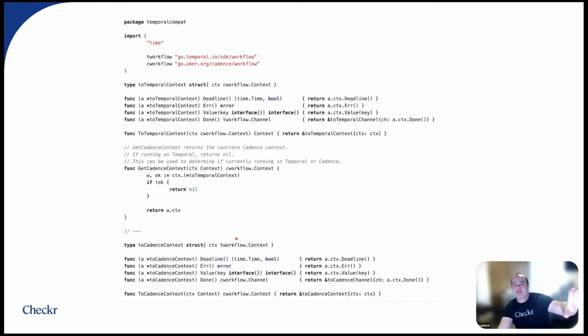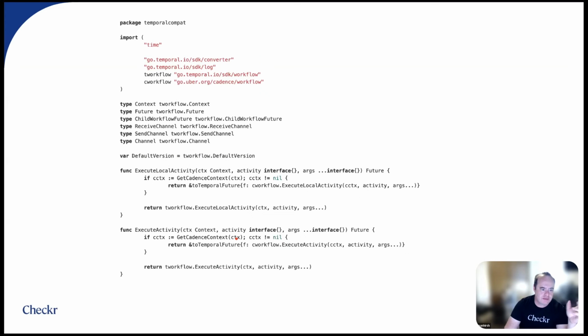If something is coded to look like Temporal, but it's actually a long-running workflow with a Cadence implementation, we actually use the Cadence SDK. It's a bit confusing, but it works great. So for example, execute local activity, because we are using this temporal